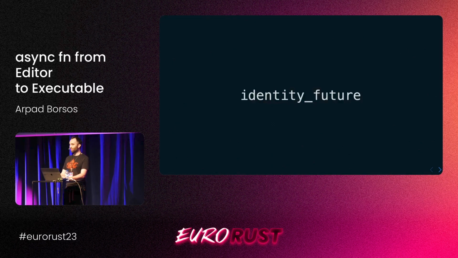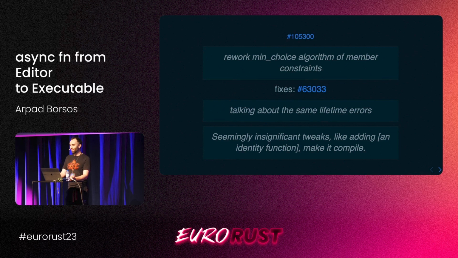Okay, getting back to identity future. So why was it needed? To this day, I don't really know the full details of why it was needed, but doom scrolling through the open PRs of the Rust project, I noticed this pull request with a weird title that didn't really say anything to me. But it mentioned that it fixed a bug which detailed the same lifetime errors that I was getting with my refactorings. And it also mentioned that seemingly insignificant tweaks, like adding an identity function, suddenly make it